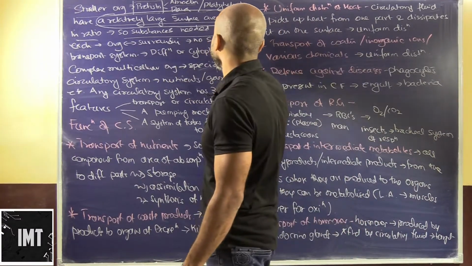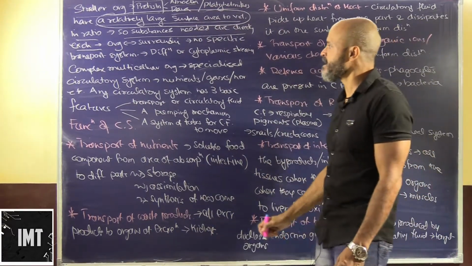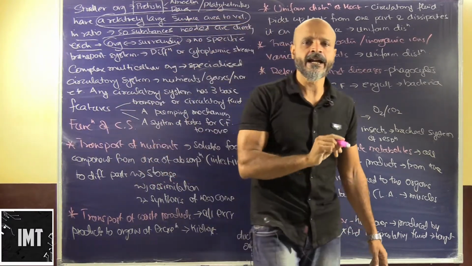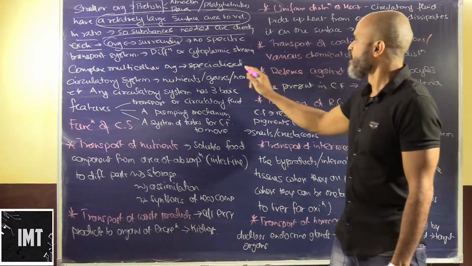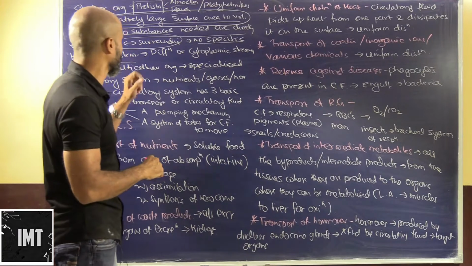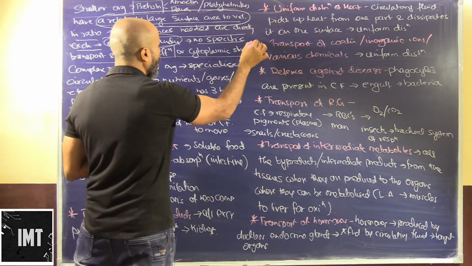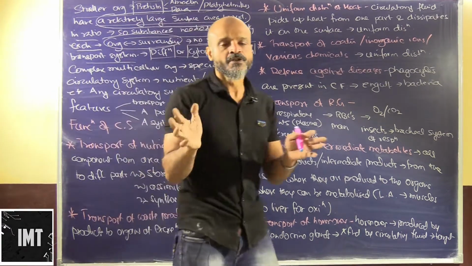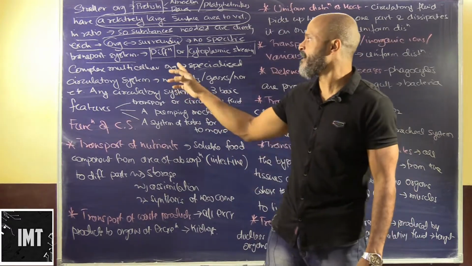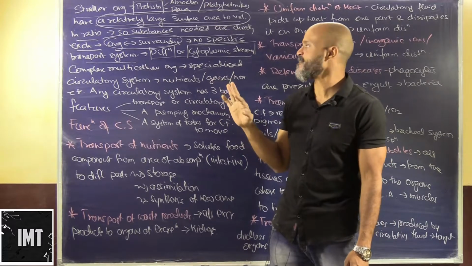So substances needed are directly exchanged. Whatever substances are needed, they are directly exchanged. So there is a direct exchange between an organism and its surroundings. No specific transport system is required here. The entire transport happens by either diffusion or cytoplasmic streaming. So the things that are required from the environment come into the cell by diffusion or cytoplasmic streaming.